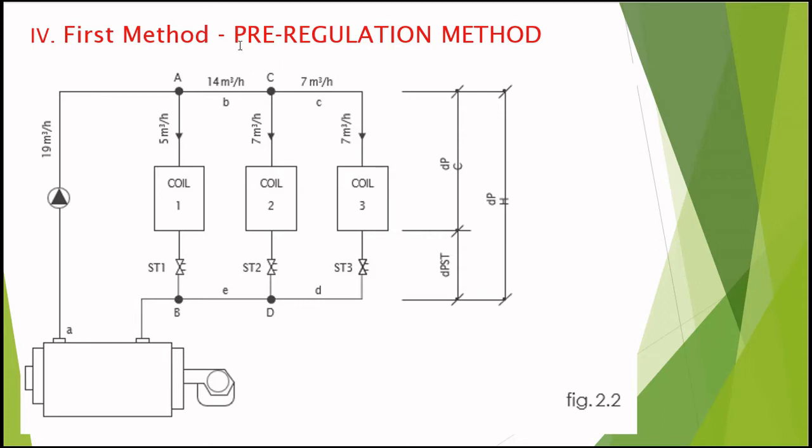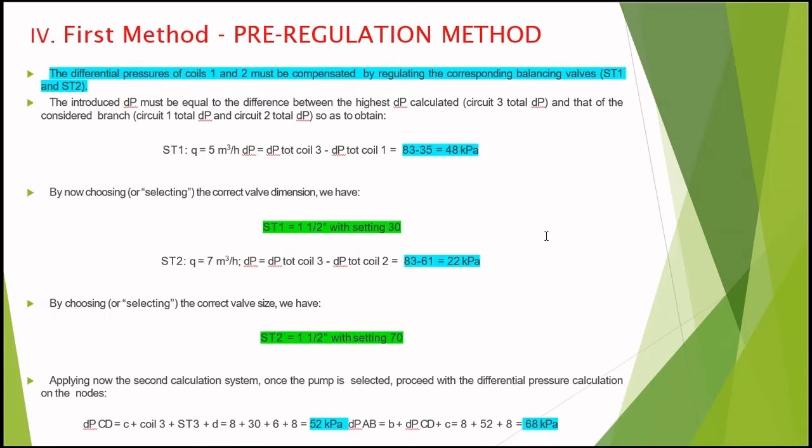B plus DPCD, which is already calculated, plus E will give you DPAB. Substitute the numbers, you will get 52 kPa for DPCD and 86 kPa for